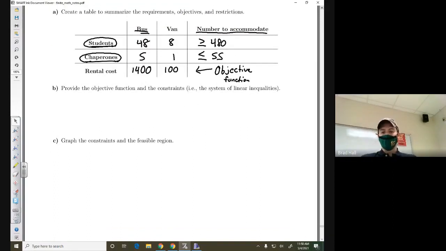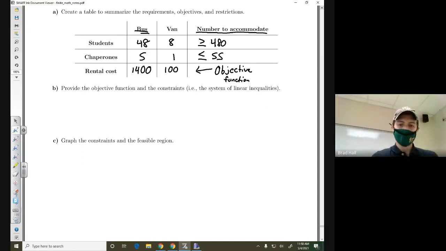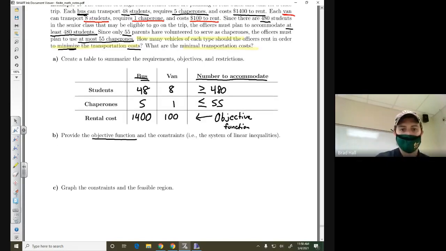and go down to determining the objective function and the constraints. That is the system of linear inequalities. Now the objective function, well, first we need to figure out, are we maximizing or minimizing? It says the phrase minimize. It even says minimal. So we want to minimize the cost. And the rental cost